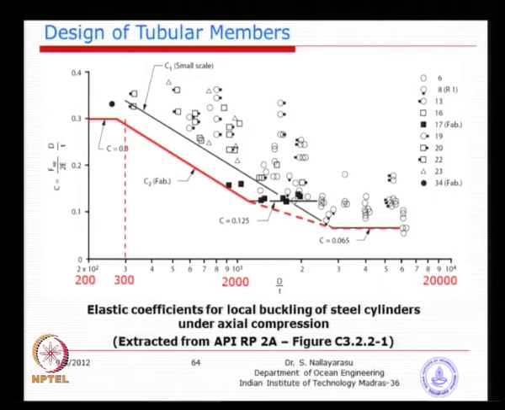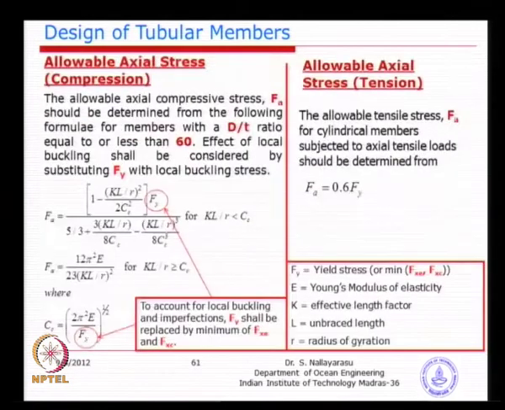This is not the chart for the axial stress, but typically you come up with so many experiments, then try to understand the pattern of failures, and then draw a line with a regression analysis. That will be the equation for your future design. So, the formula you see here is not derived from somewhere; it is basically a regression line defined by the experimental points to take into account the parameters of interest.